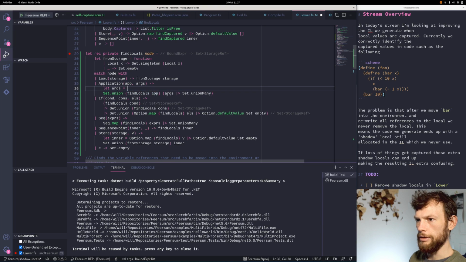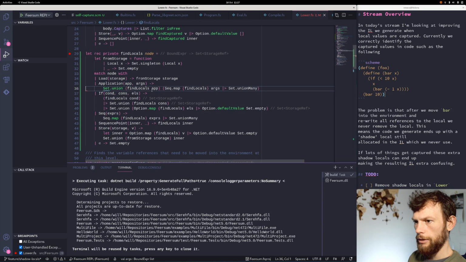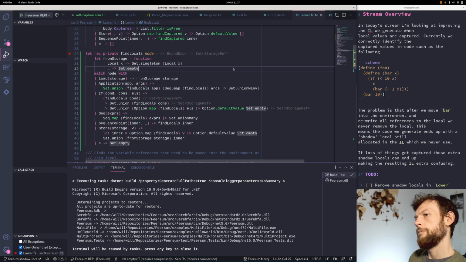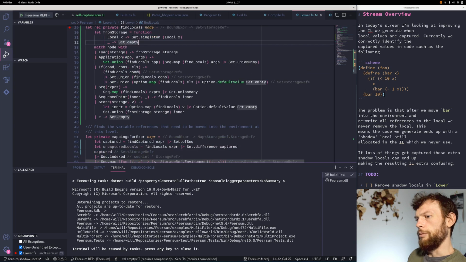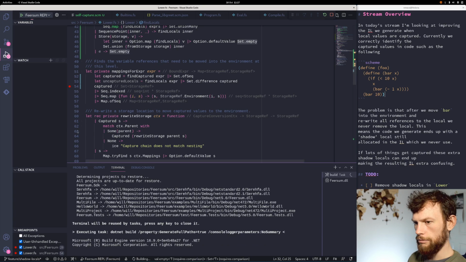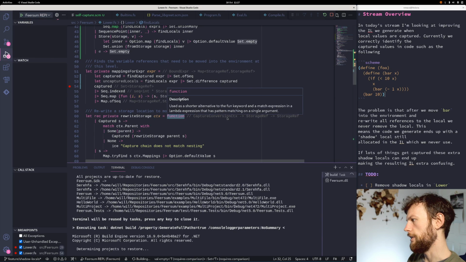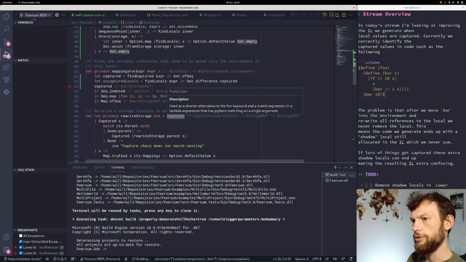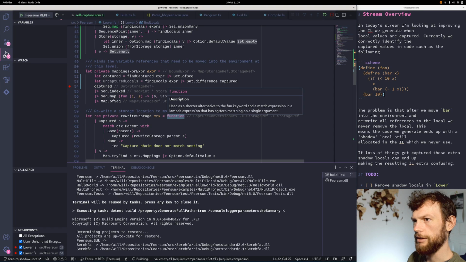So I think we can just inline that args now. So we have find locals now producing some set. So let's run the REPL again and see what our example ends up producing. So hopefully we'd expect that for foo,